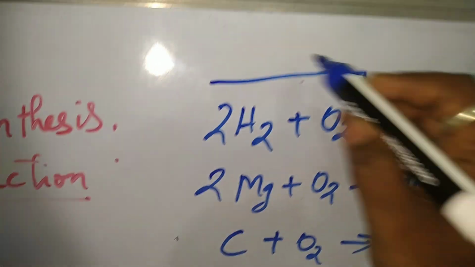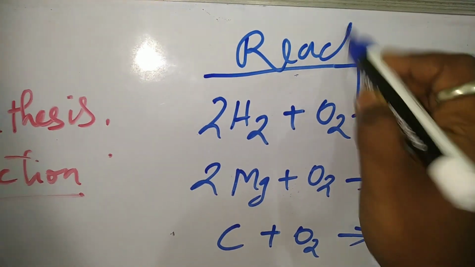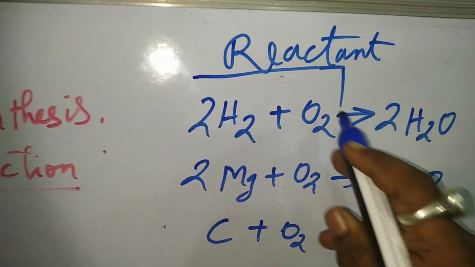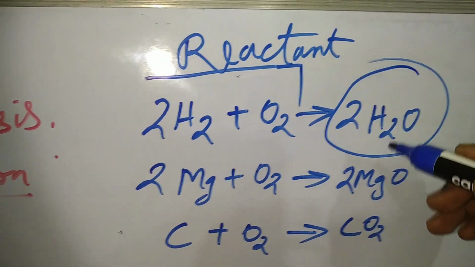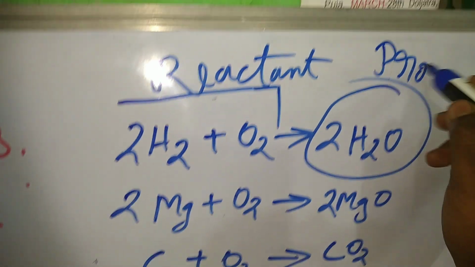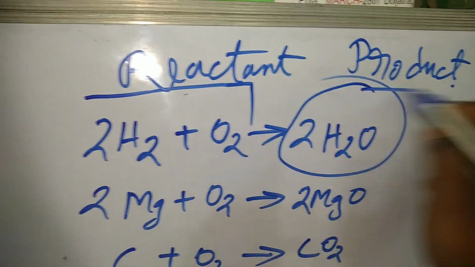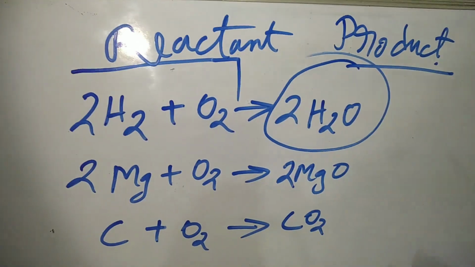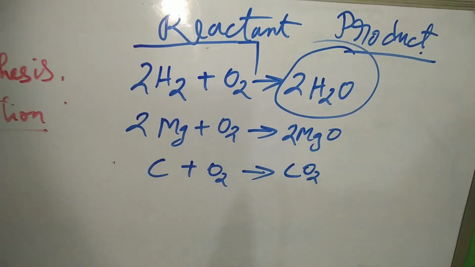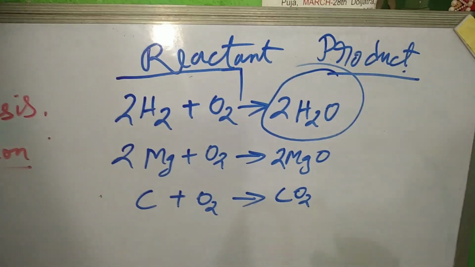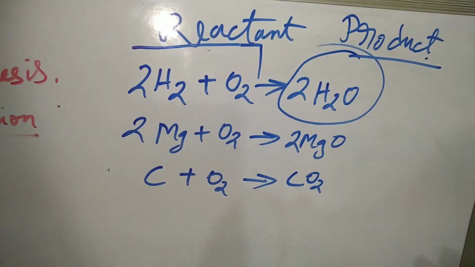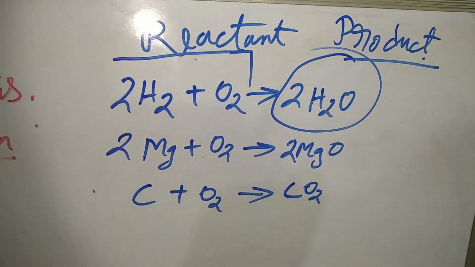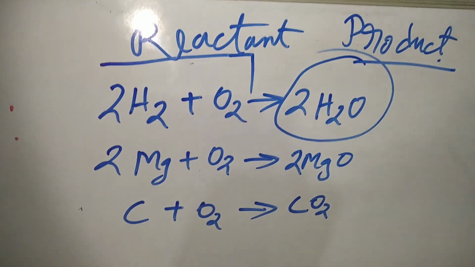This part is the reactant, meaning those which are reacting with each other, and this one is the product. Okay students, understand? I will give a detailed video on combustion reaction. That time I will show how oxygen reacts, forming heat and light. Thank you students. Now move on to the next